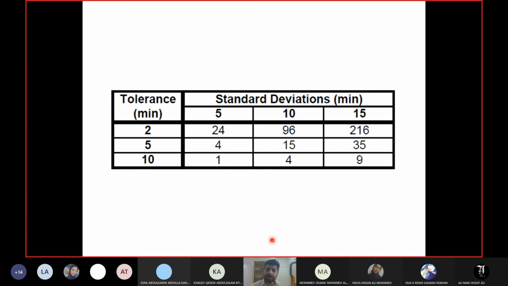Similarly, putting these values, I have developed this matrix. You have all the combinations with tolerance level 2, and all the combinations with 5 and 10, and so on. The equation is very simple. You are just inserting the values. What I want you to see here is a trend of values.